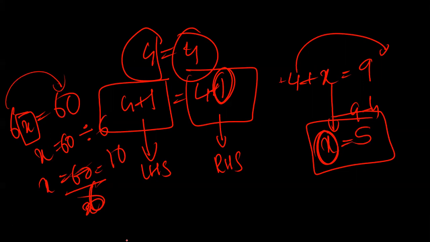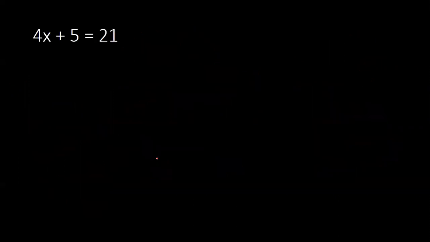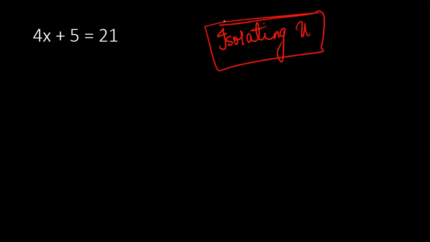Now, these are very simple sums, which you can directly just transpose and find the answer. But there may be some sums like this, where there is a combination of operations happening. So in this case, how do you solve is what we're going to deal with in this session. So first, our key concept should always be isolating x,